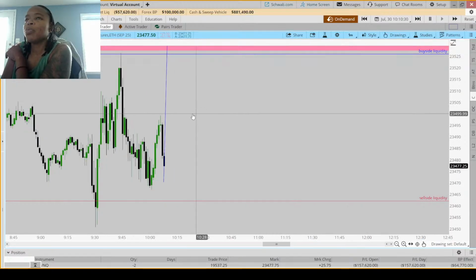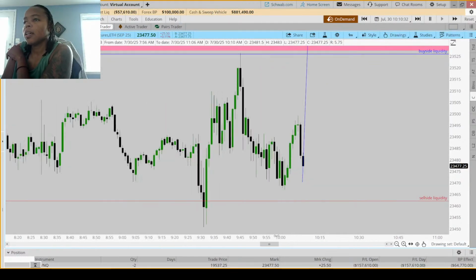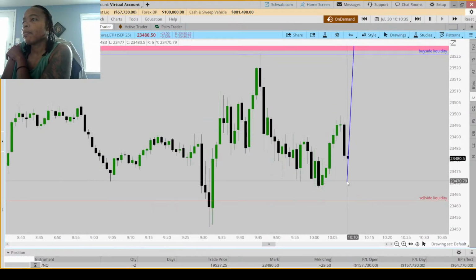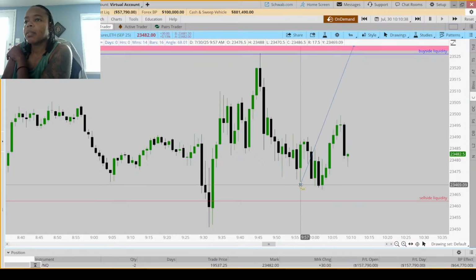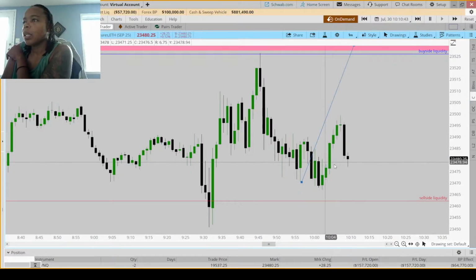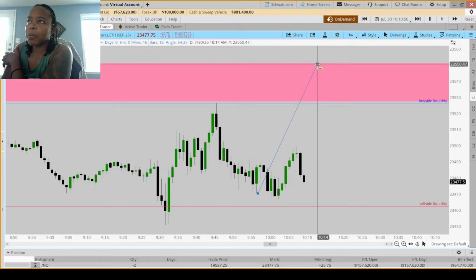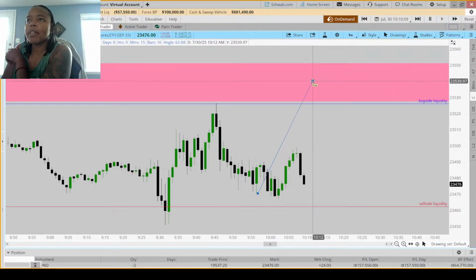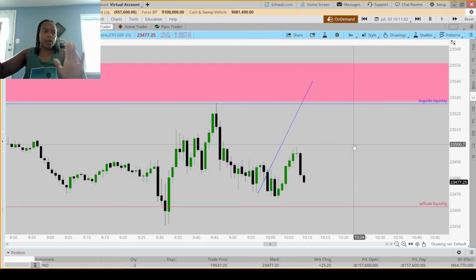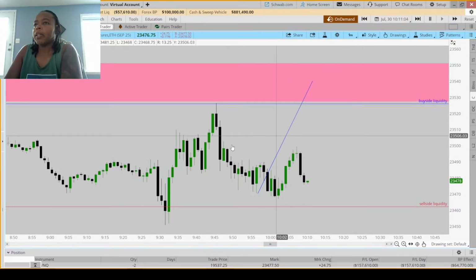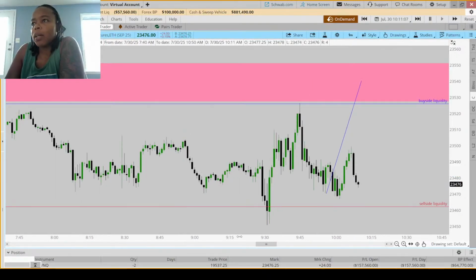Then the only really decent entry I see for that morning is the midpoint of that wick. Like so, right there. And then you would have to sit through a little bit of drawdown, see if they want to stay above this fair value gap right here, and then hope that they want to dive in to really repurpose this whole fair value gap, or even just the midpoint of it. I sometimes just let it run for the midpoint, and that's better. But as an entry, it's not a bad one.